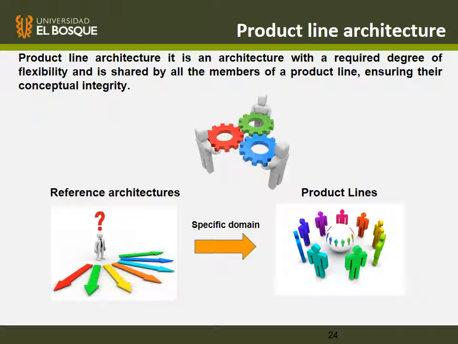Product line architecture is an architecture with a required degree of flexibility and is shared by all the members of the product line, ensuring their conceptual integrity. It is a special type of software architecture used to build a product line. It explicitly describes